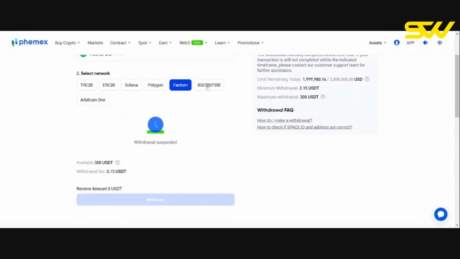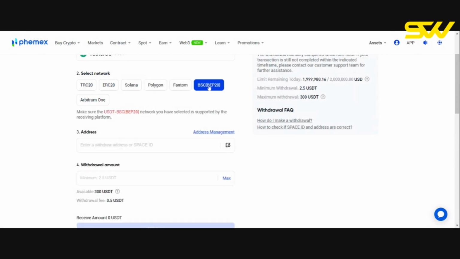Phantom, I can't use that yet for some certain reason. BSC is 0.5 USDT. Arbitrum One is 0.55 USDT. So by far, at this moment, Polygon gives us the cheapest rate to transfer USDT out to your friends, so just keep that in mind. Once you have pasted the right address, chosen the right network, and keyed in the amount,